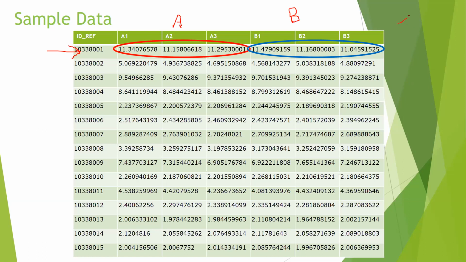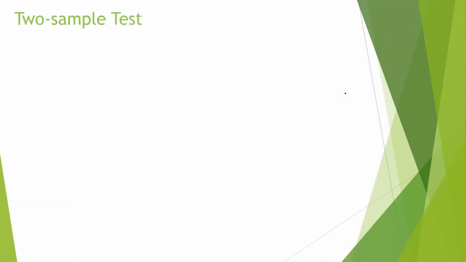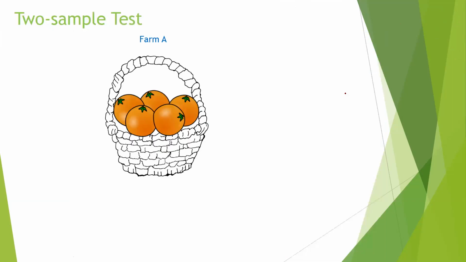So this is what we can do. We can test whether mu1 equals mu2. This is the null hypothesis. If this is not true, then we take the alternative hypothesis, which means this gene is differentially expressed between A and B, right? So how can we do that? This is the 2-sample t-test.